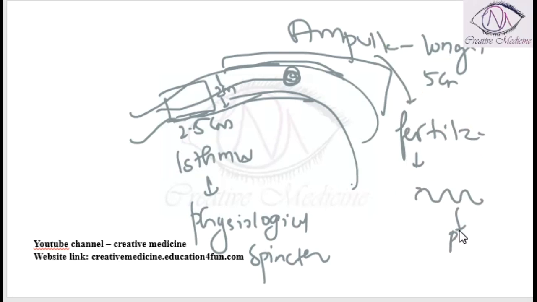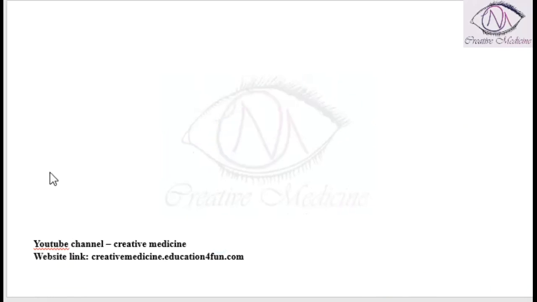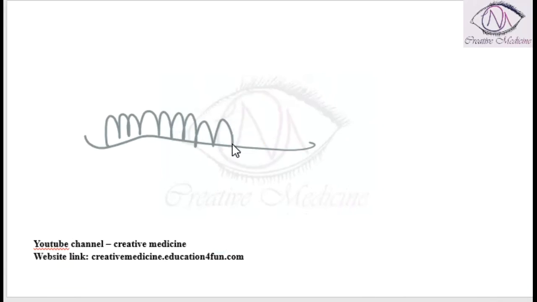Fourth, fimbrium or infundibulum. Fimbrium or infundibulum is 1.25 centimeters long and it has a maximum diameter of 6 millimeters. On histology, the fallopian tube has peg cells and is lined by a single layer of ciliated columnar epithelium. Most common